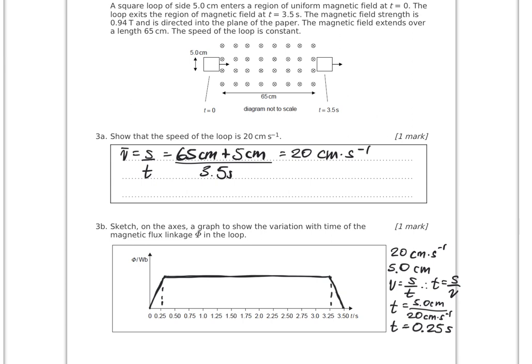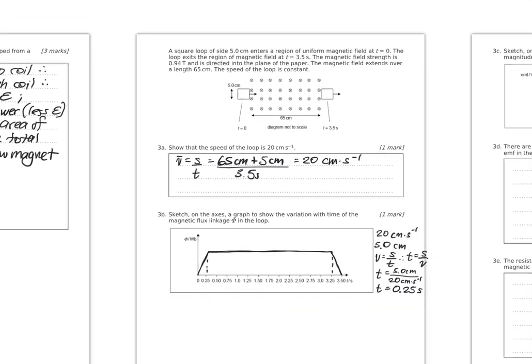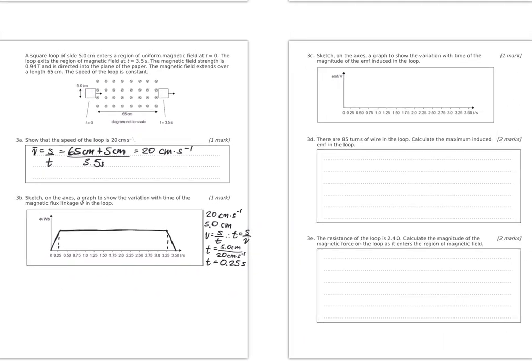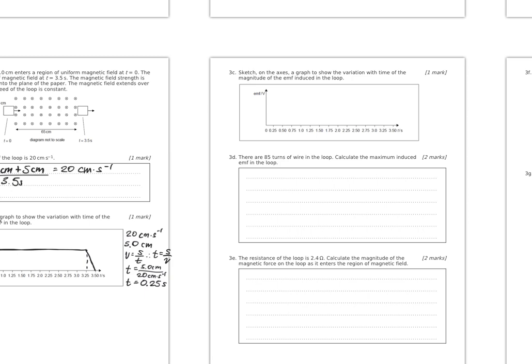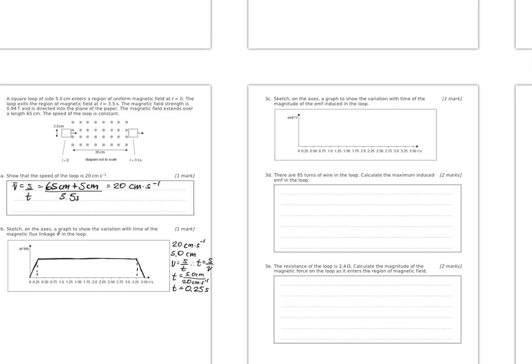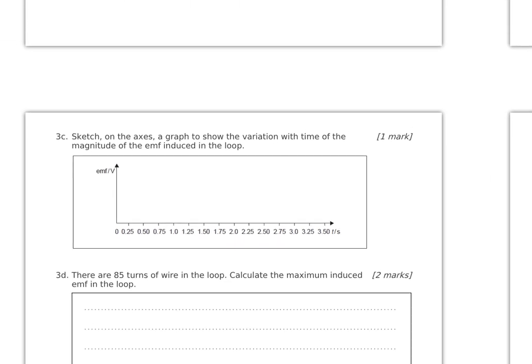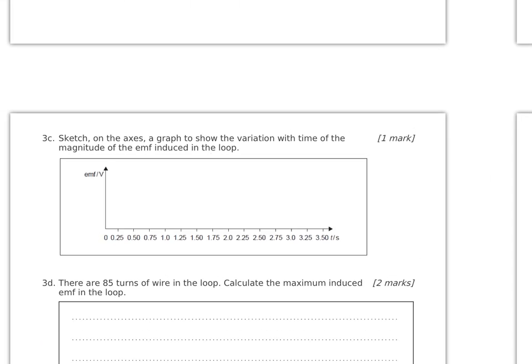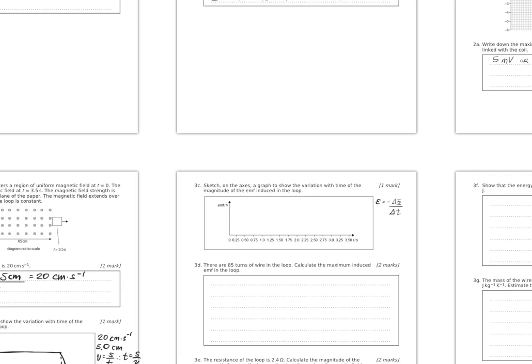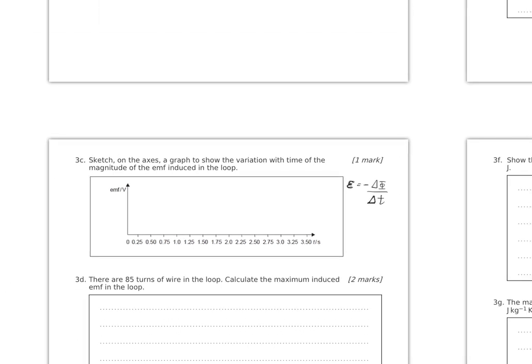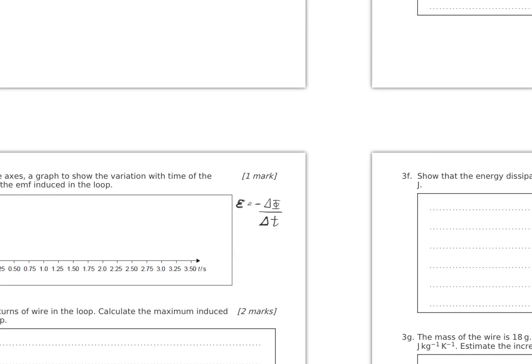And it just says sketch the graph. It doesn't actually ask for anything on the vertical axis in terms of a value. And all right, so that's 3b, what the flux is doing against time. 3c is what is the EMF doing against time. EMF, of course, is the change in flux per unit time. And so that would be the slope. Let's see, EMF is the slope